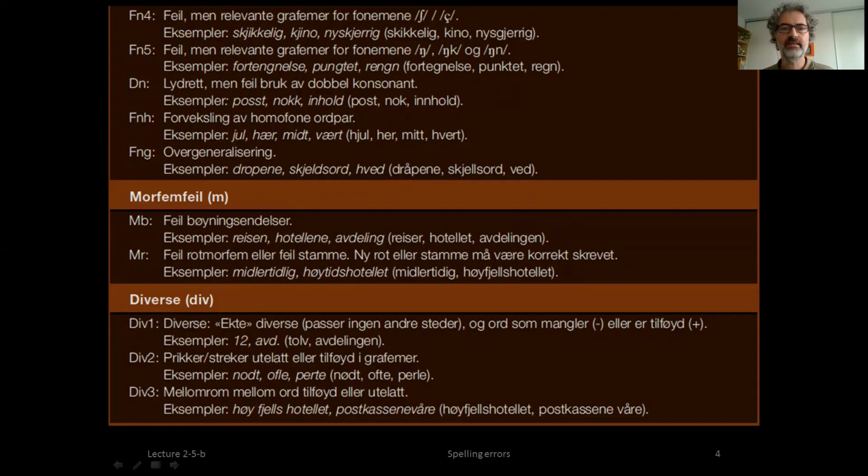The next categories aren't strictly speaking spelling errors, especially here where it is incorrect choice of word. But there are things that one encounters when looking at the results of spelling tests for children, especially when you dictate a whole passage, because the children may misunderstand what they're hearing and so write a different word. So they're included in this classification system because you have to do something with all the mistakes, although they're not